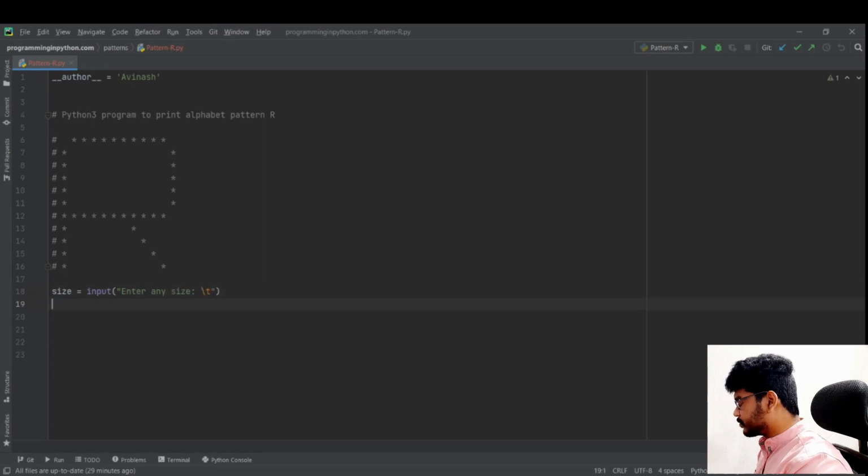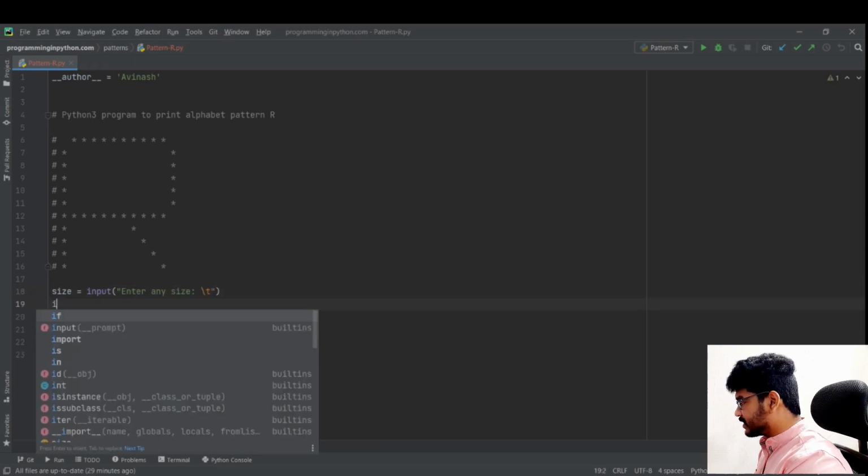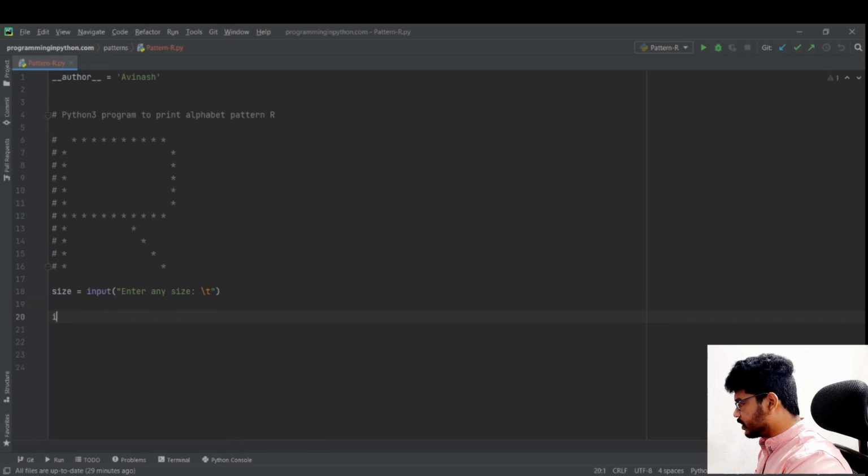Here I also make a small condition: if the size is less than 8, I'll tell the user to enter a size minimum of 8. This is not mandatory, this is nothing related to the pattern, this is just for the output's sake, so that the output looks good when the letters are big.